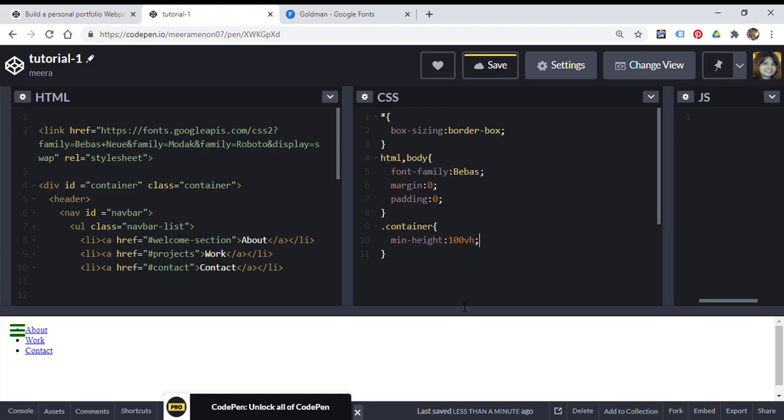So this is the reason, because doing this will help prevent the value of the height property from being smaller than the minimum height. It doesn't shrink. Things won't go wrong. The height will not go lesser than the minimum height. That's the reason I'm writing minimum height as 100 VH. Hope you understood.